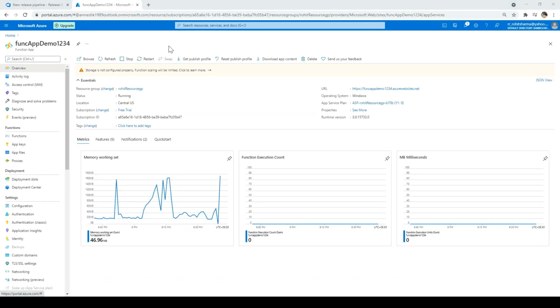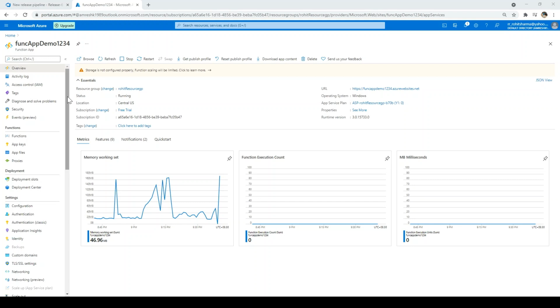Now, before checking the deployment slots, there's another notification which is coming here: storage is not configured properly, function scaling will be limited. If we try to create a deployment slot without configuring storage, our function app will not work. So first let's create a storage, and I already have a storage account.